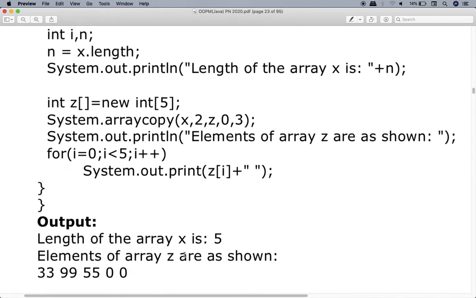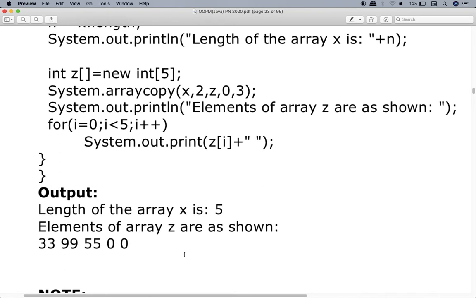So look at this output. This is the output. So what do you see in Z of 3 and Z of 4? You see 2 zeros. Now you must be wondering where the 2 zeros have come from. So there is a rule in Java and the rule says that by default all the elements of an array are initialized to 0. I repeat, in Java by default all array elements are initialized to 0. So that's why the last 2 elements became 0.